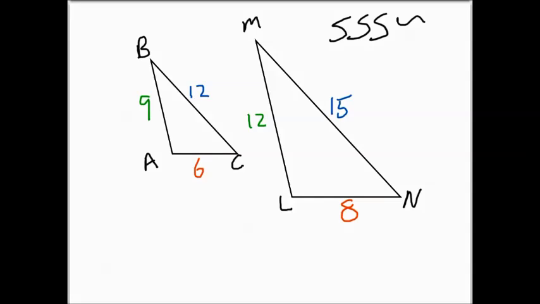Now, in order to determine whether the sides are proportional, we need to divide small triangle by big triangle and see if those fractions are all the same. So we'll set up our ratios by putting the small triangle ABC divided by the bigger triangle LMN. It doesn't matter exactly how you choose to set up your ratios, just make sure you keep them organized. So the shortest side length of triangle ABC is 6. The shortest side length of triangle LMN is 8. And we want to see whether that fraction is equal to